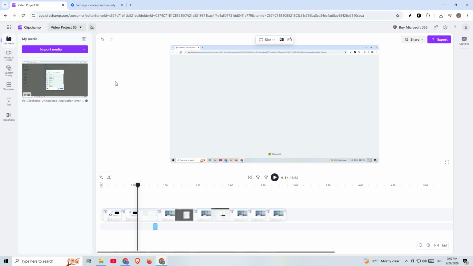connection errors. So to quickly recap, convert the file to a supported format, check that the file type is compatible, rename it to remove special characters, reduce the file size if needed, re-upload it, and clear your browser cache if